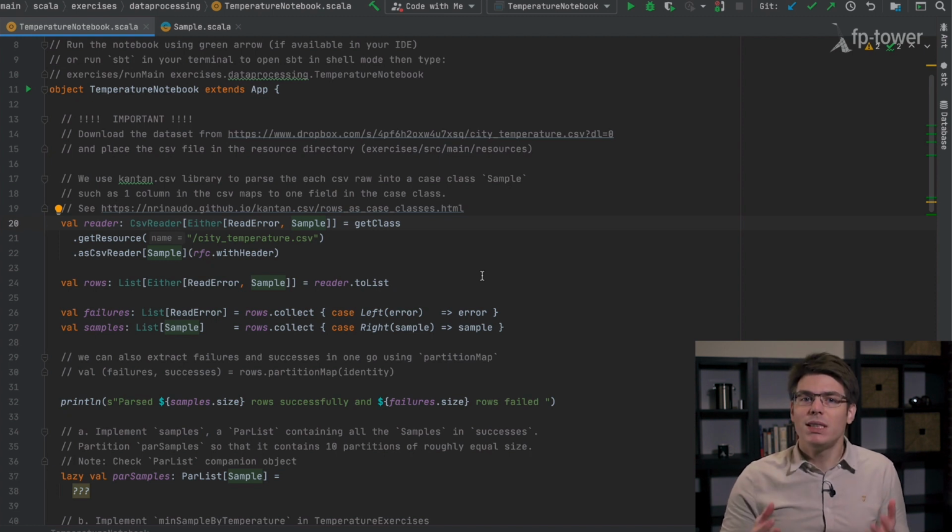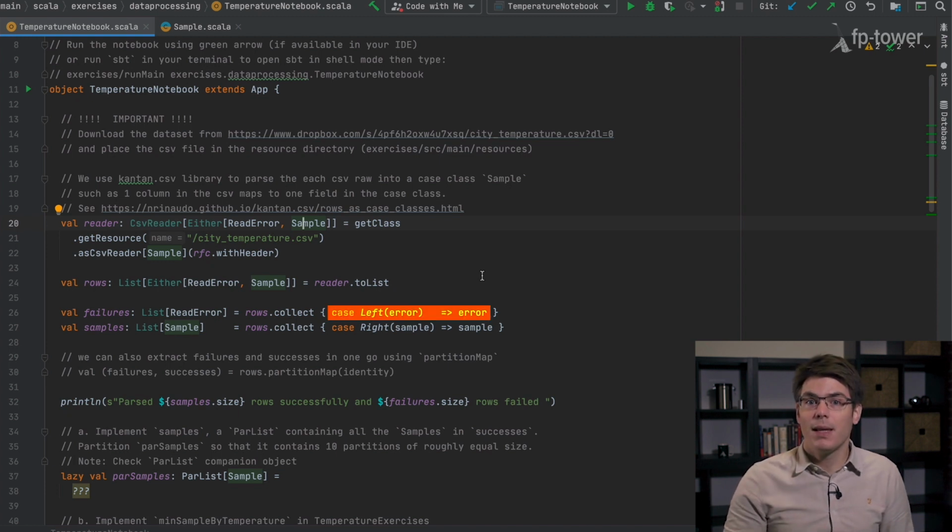For now, we want to separate the failures from the successes. The most straightforward way to do this is via the method collect, which is kind of a combination of map and filter. With collect, we iterate over the list and specify what type of data we want to keep, and everything else is discarded. So we can extract the failures by keeping the Left values, and do the same for the successes.